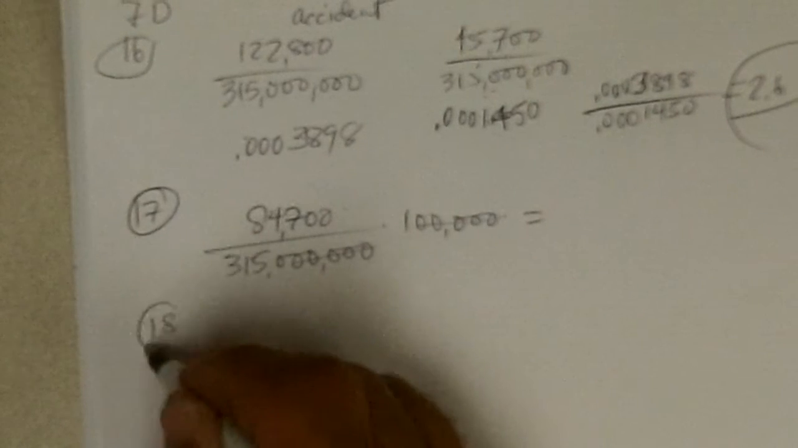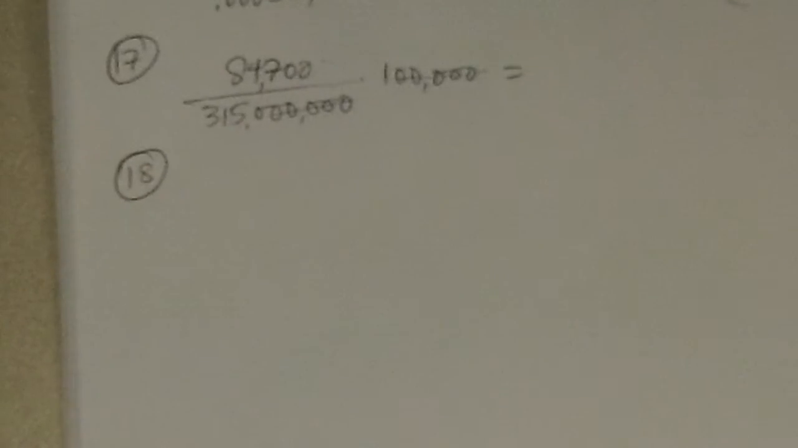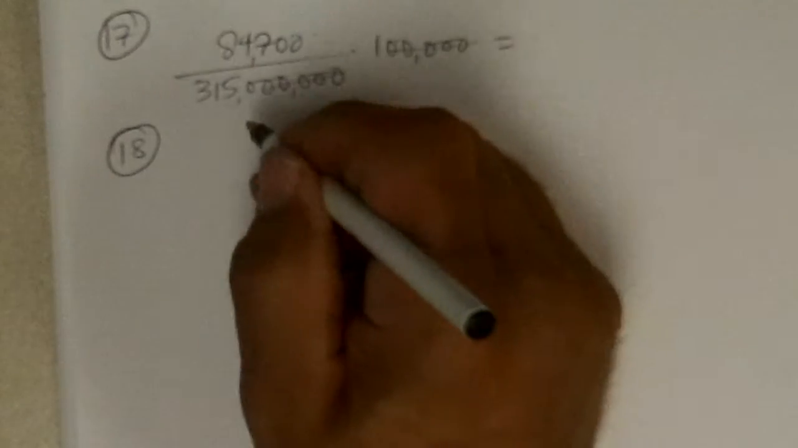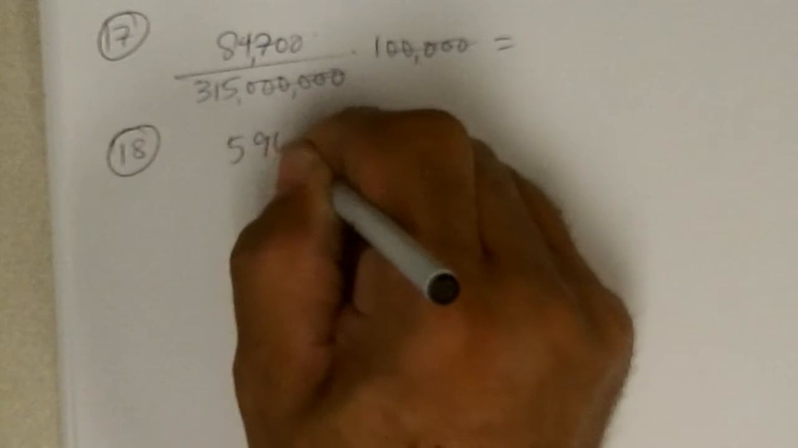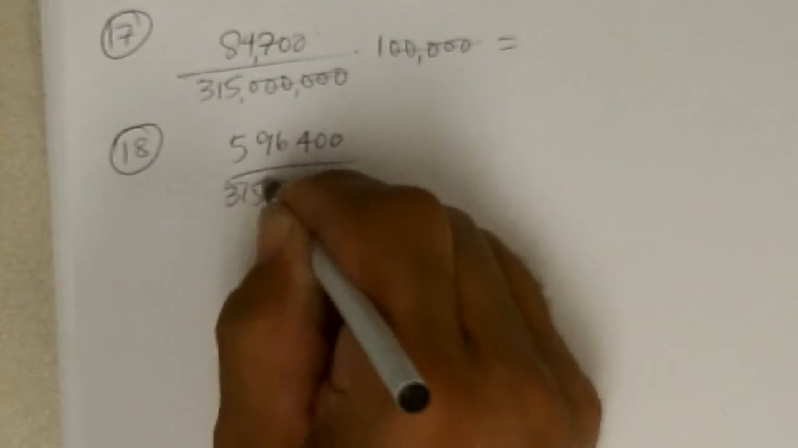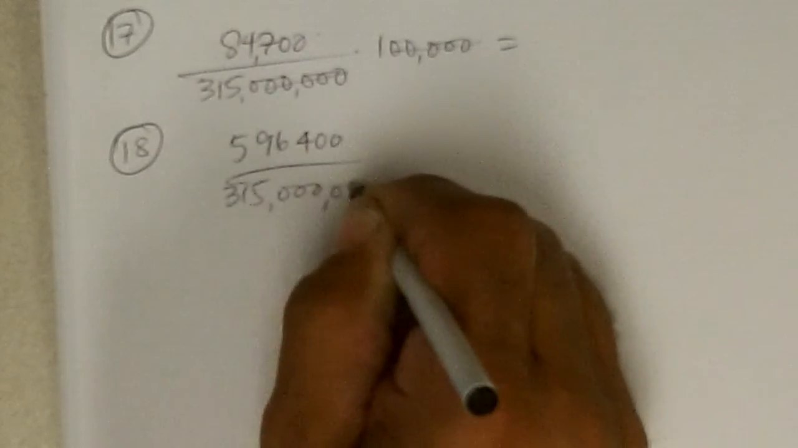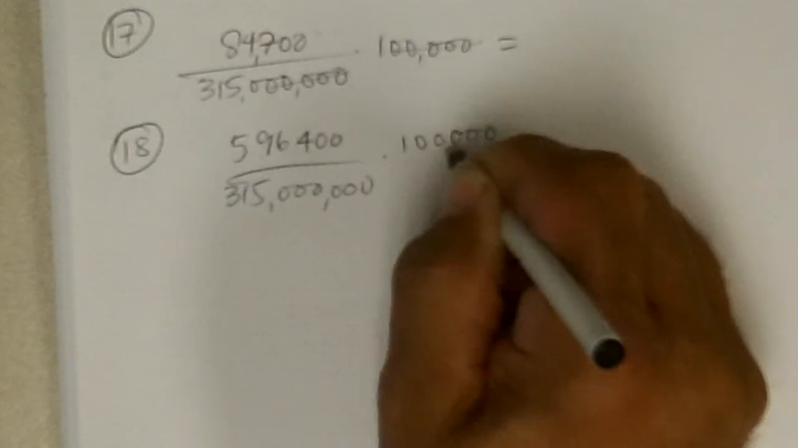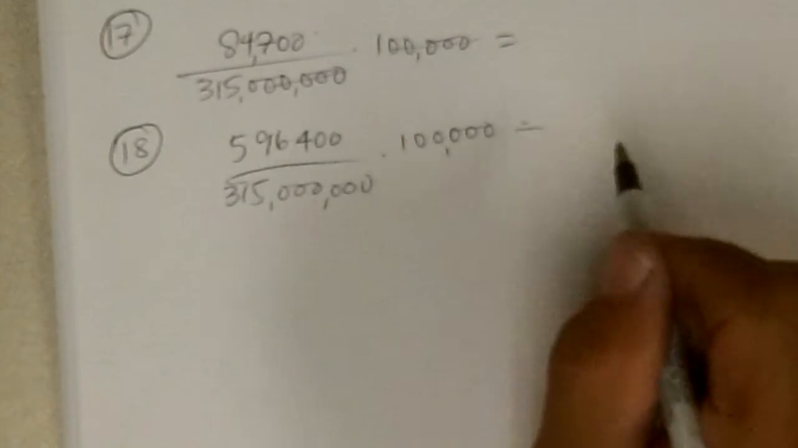Okay, 18. Now you're supposed to figure out what is the death rate due to heart disease in deaths per 100,000. Heart disease, that would be 596,400 divided by 315,000,000 times 100,000, and